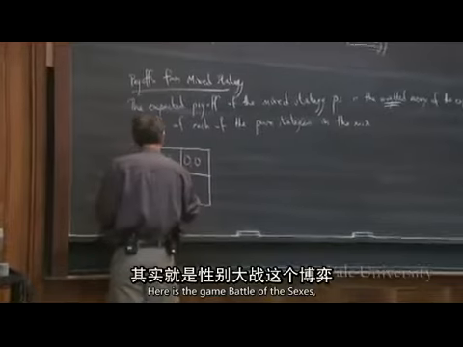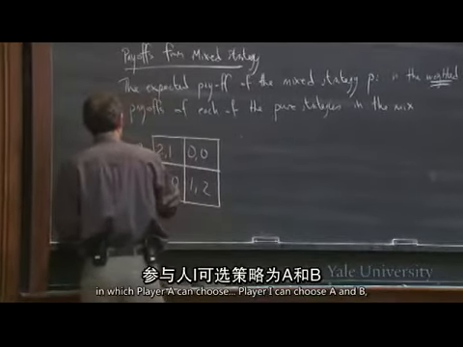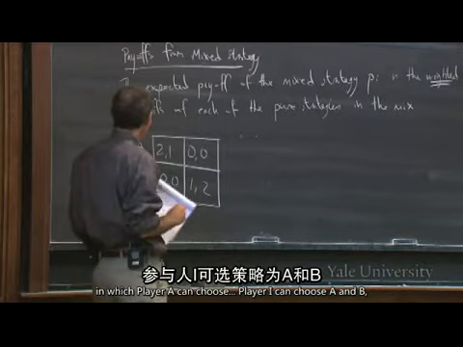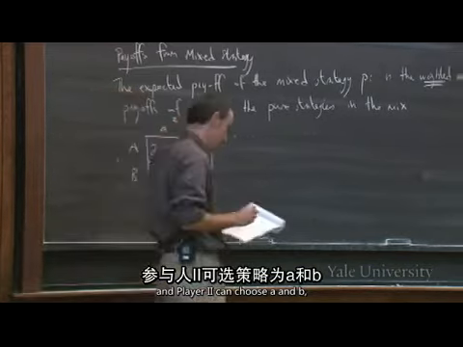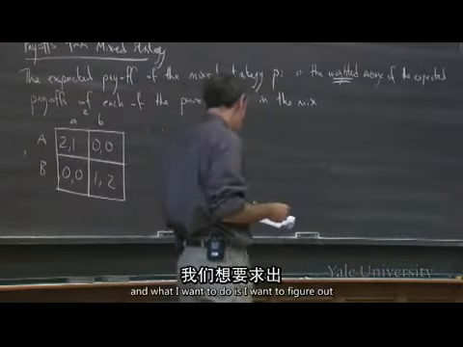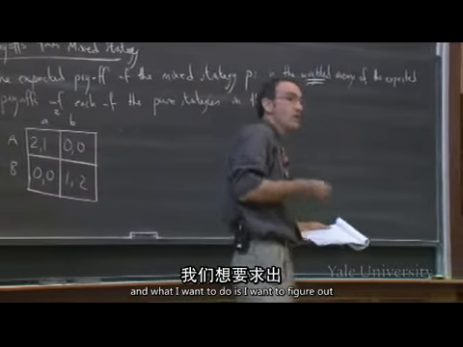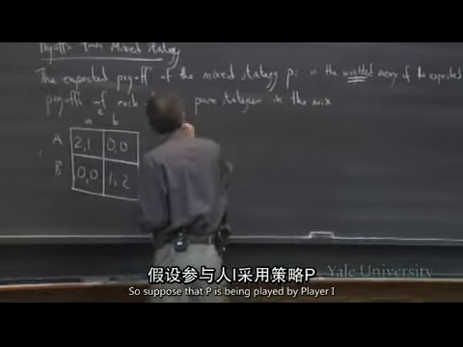Here is the game Battle of the Sexes, in which player 1 can choose capital A and B, and player 2 can choose little a and b. All right? And what I want to do is figure out the payoff from particular strategies. So suppose